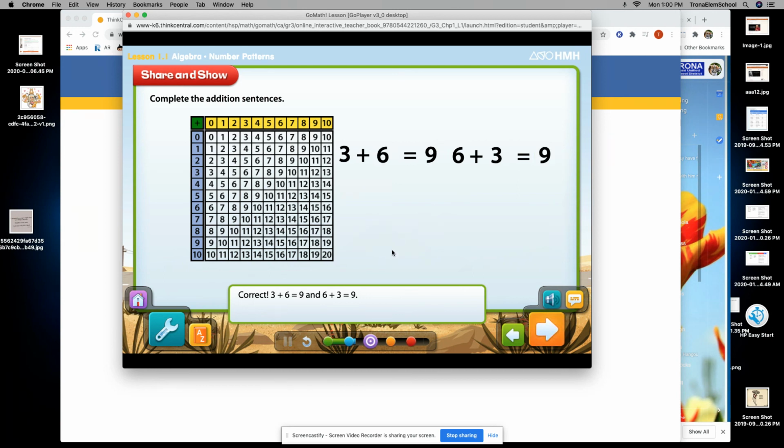So if you'll notice on here, you're going to get a little bit of directions here, and here they're going to get directions along